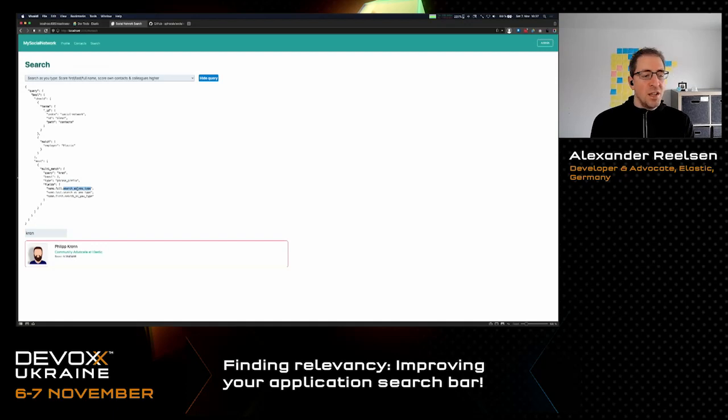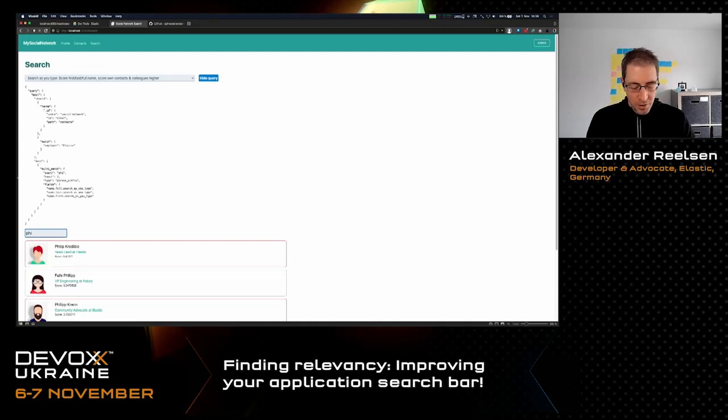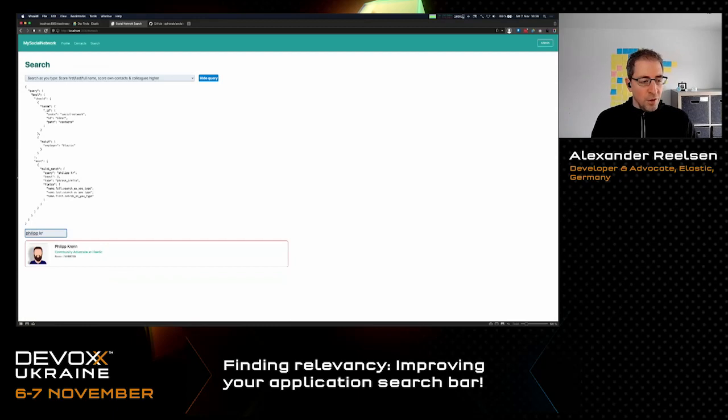So in order to understand this, we will go to Elasticsearch in a second and take a look at the configuration. But the search as you type functionality really allows me to say that it's not only searching for full names, like Kren in this example with a double N, but it's a prefix search. So this means that I can search for the beginning of a name and you suddenly get every Philip in this example. Or I search for Philip and I get suggestions or search results for Philip Kran. So with this way, you can execute a search while you type.